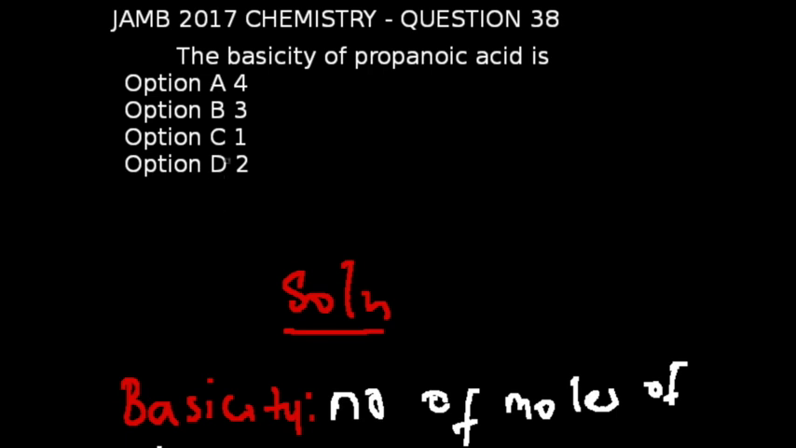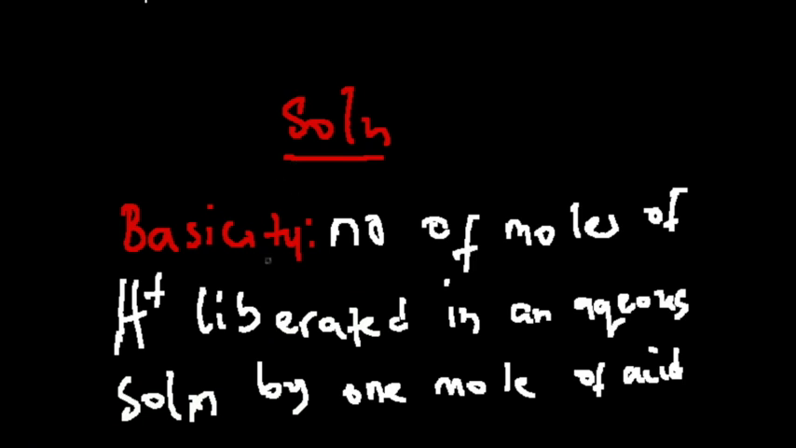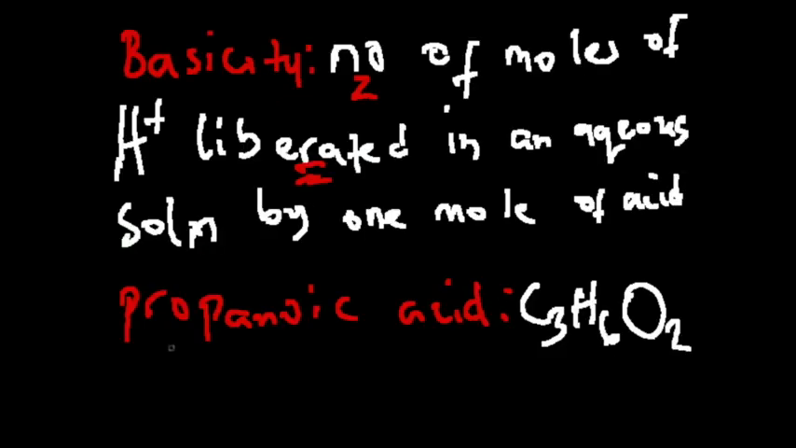Question number 38 of the JAMB 2017 chemistry exams. The basicity of propanoic acid is. This is a question on acids and bases. But the first thing I want us to know is basicity is simply the number of replaceable hydrogen ions. In other words, we can say the number of moles of hydrogen ions liberated in an aqueous solution by 1 mole of an acid. For propanoic acid, which is given by the formula